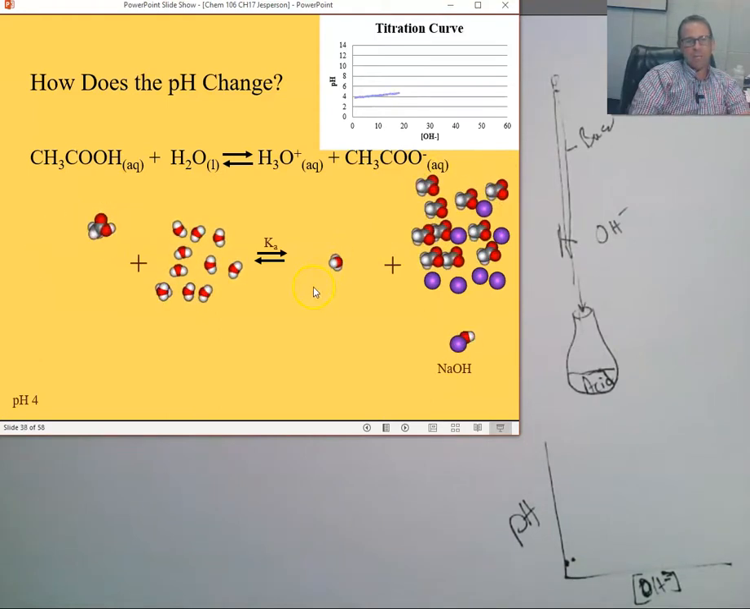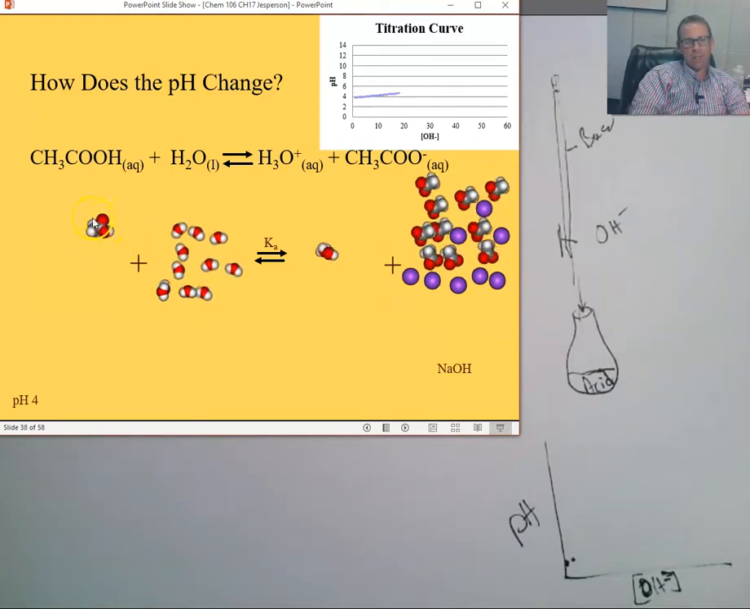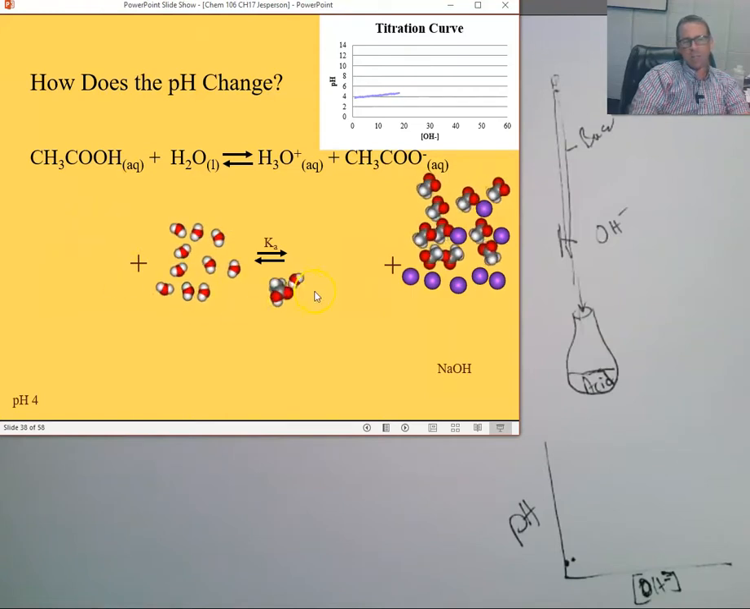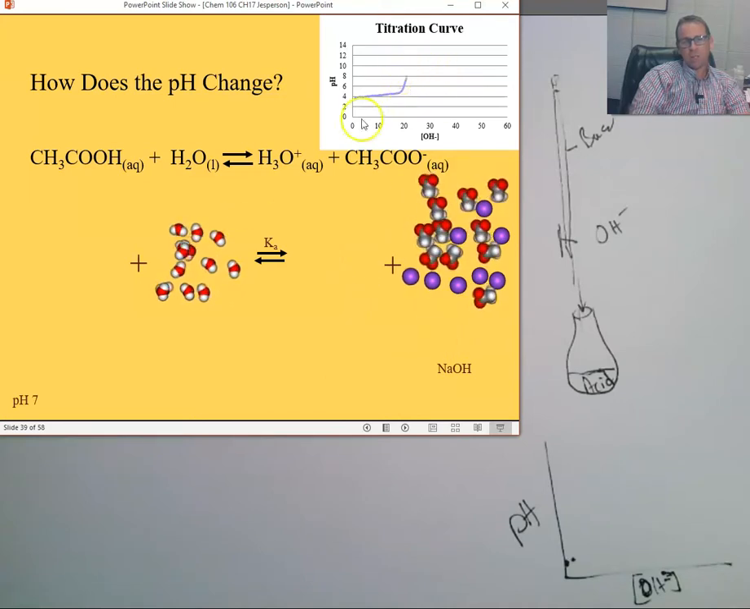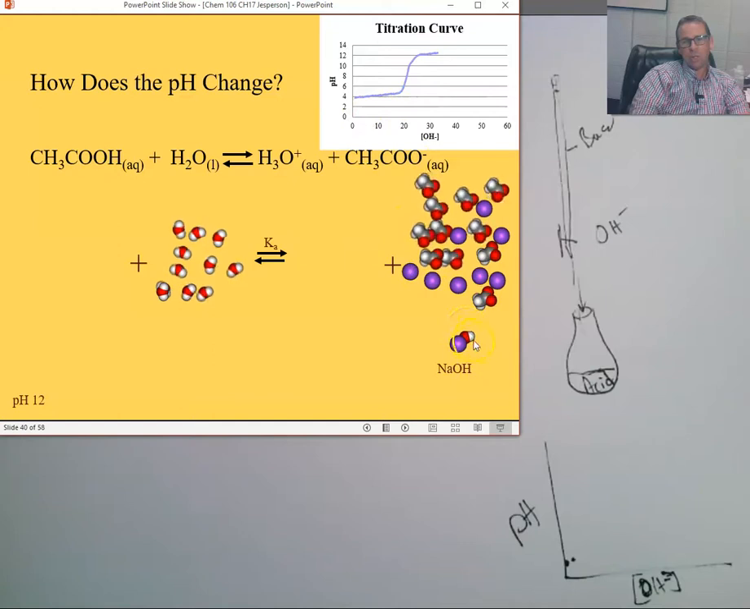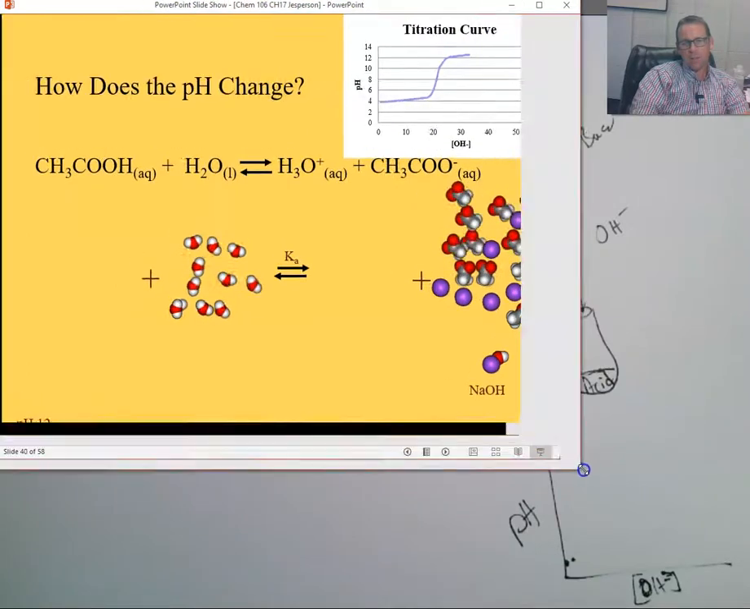If I keep adding base, then eventually I'll get down to my last molecule of acetic acid. It will dissociate, and when that occurs, my next addition of base will change the pH drastically. It'll pass through neutral, and then my next hydroxide ion will change the pH even more drastically, and we'll get what we call a sigmoidal curve, or a sharp change where we've run out of our acid. Okay, this titration curve here